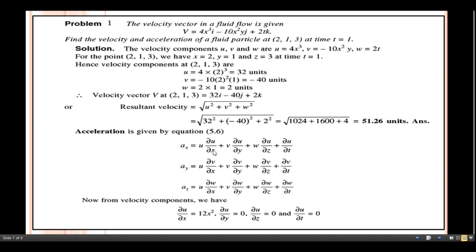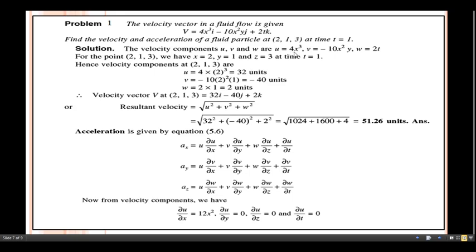Now what about the ∂u/∂x? For that, if you just see the u term with us, if you differentiate this term with respect to x, what do we get here? ∂u/∂x is nothing but the derivative of 4x³. What about the derivative of this one? 3 will come towards this side, so 4 multiplied by 3 is 12, and x squared. So it is 12x². Okay.